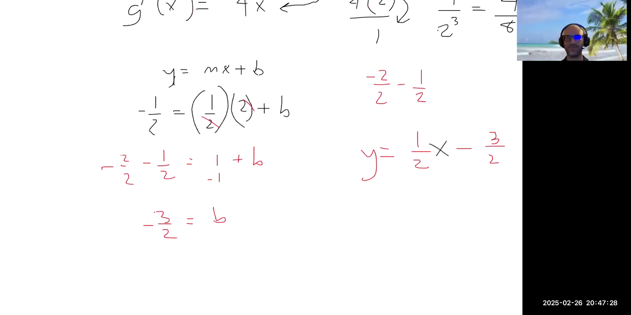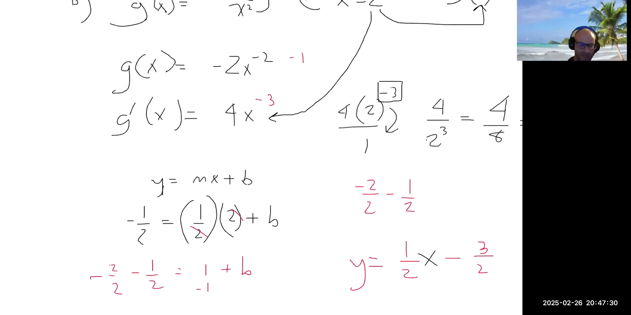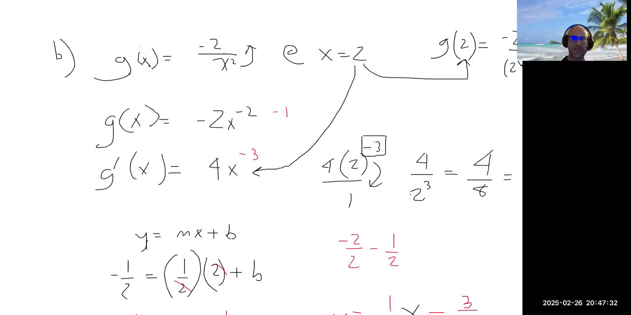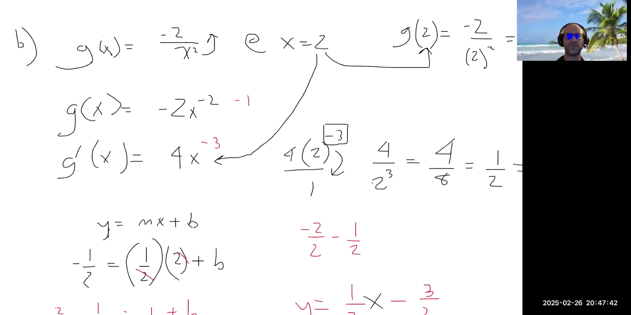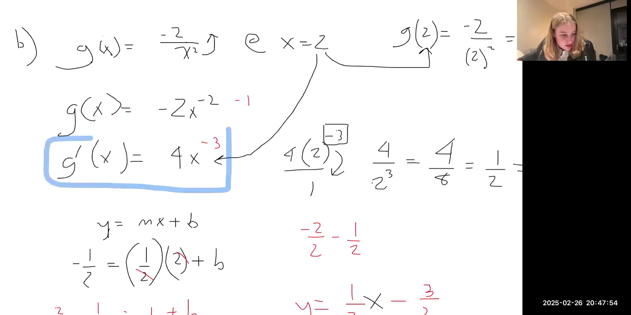Absolutely. So the next one, 7b, is actually really short, because when we take the derivative of this and we set that equal to 0, so I'm going to take this derivative, which was 4x to the -3rd, right? Wait, this 7b was g of x equals -2 over